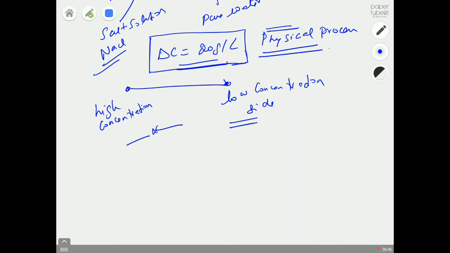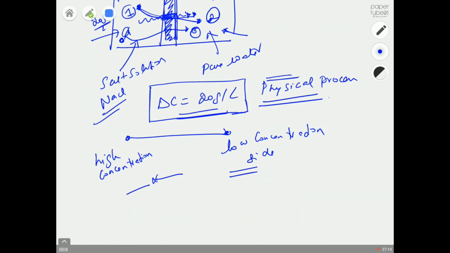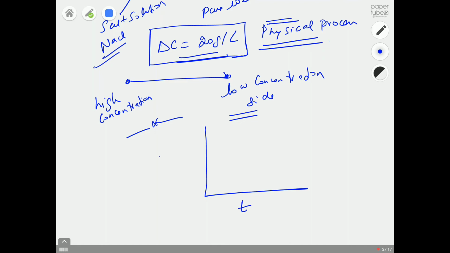And just imagine you have a probe here, say a conductivity meter here, and another conductivity meter here. So this is your compartment 2, and this is your compartment 1. So this is compartment 1 and this is compartment 2. And then we monitor the change in concentration with respect to time. So if we plot time versus concentration,